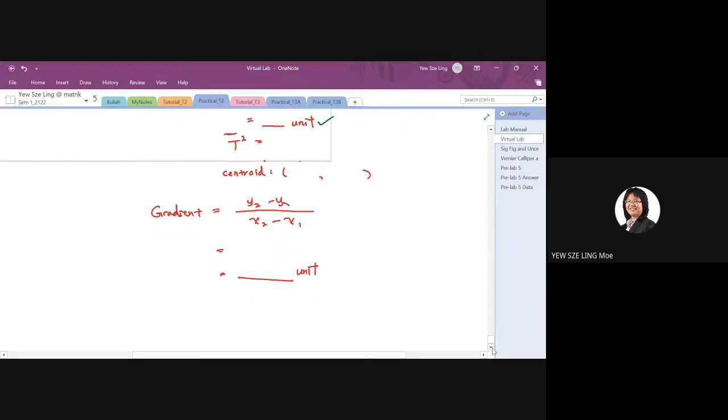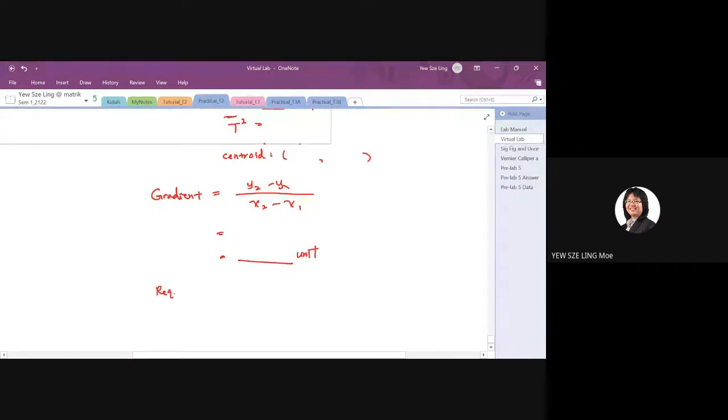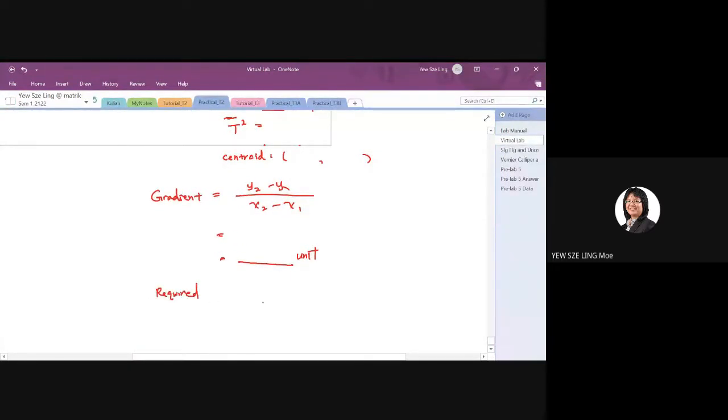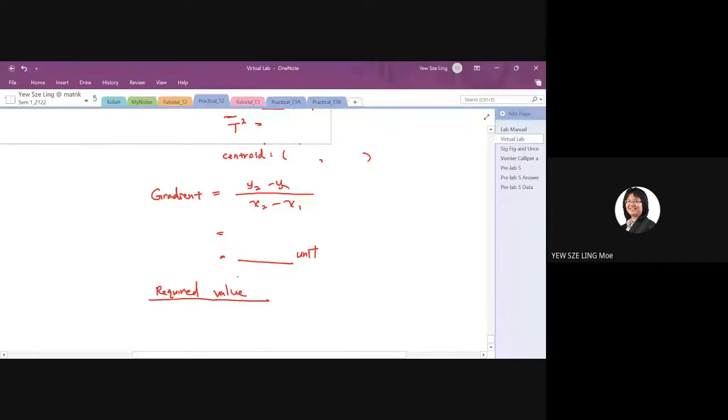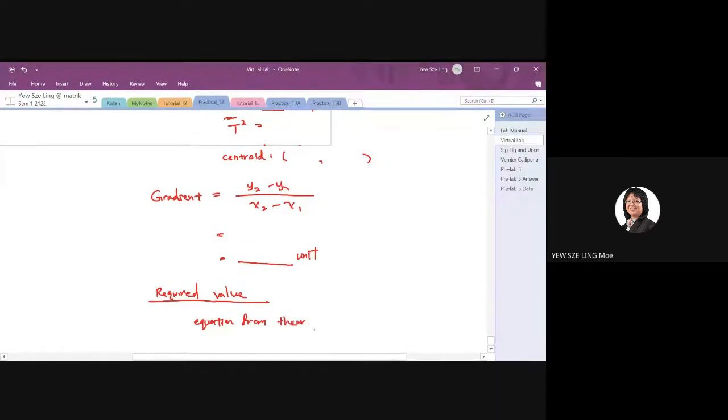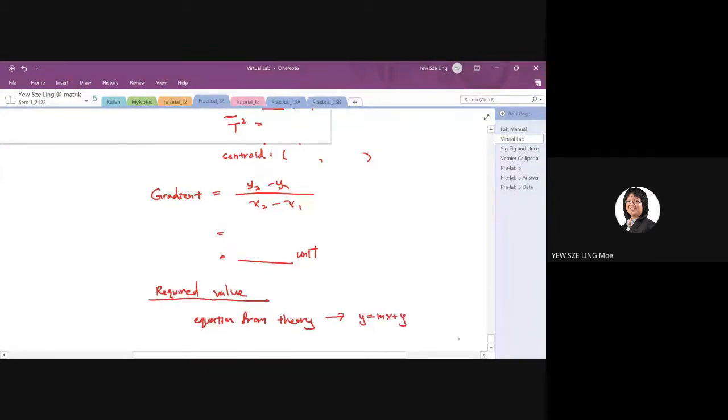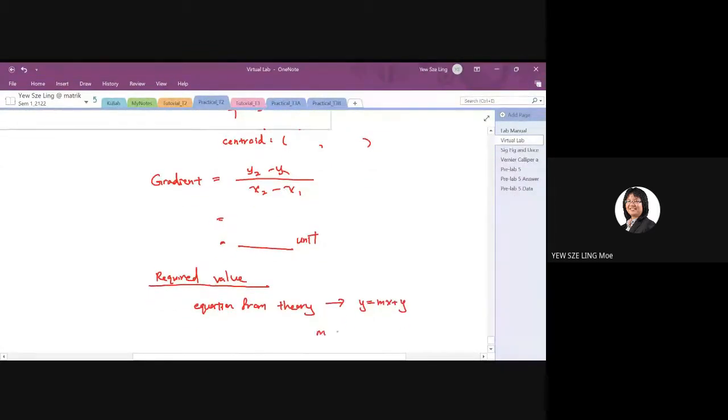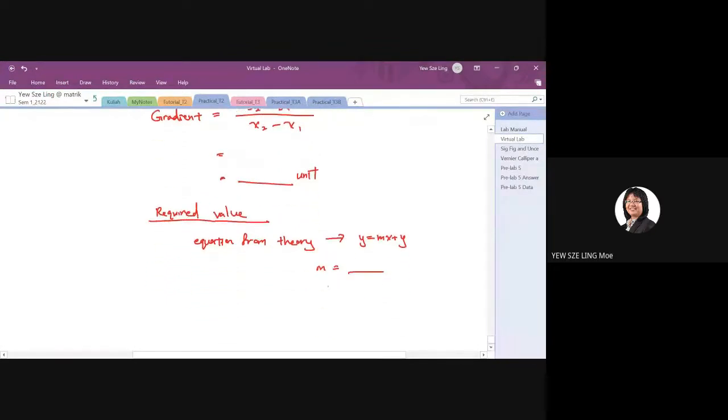And then after that, you calculate the required value. What is your required value? Required value is your G. So you start from equation 3.1, you do the comparison. You use the equation from theory, and then compare with y equals mx plus c. From here, you identify what your m is equal to, and then you calculate your G. So G from step number 7,